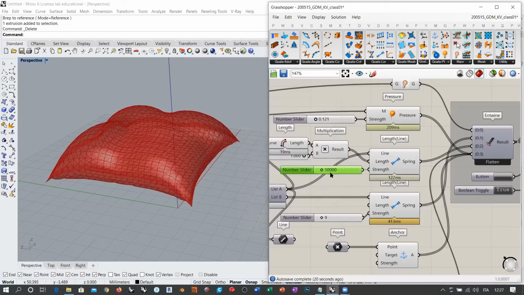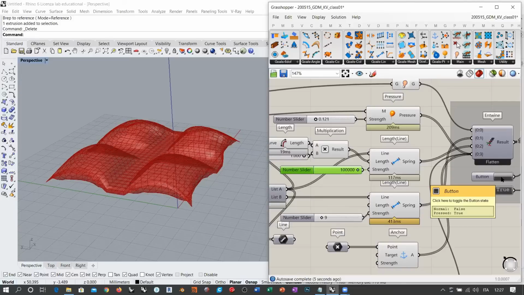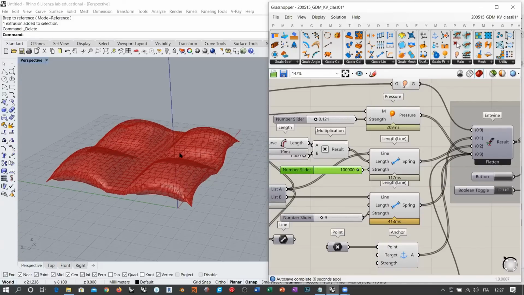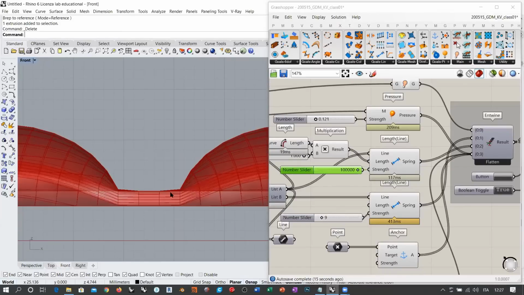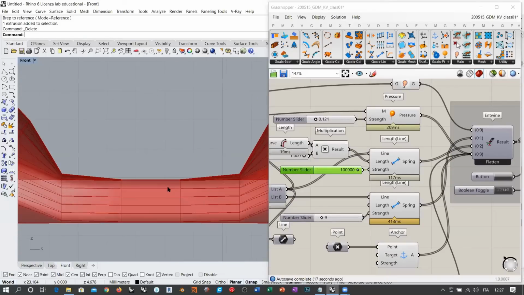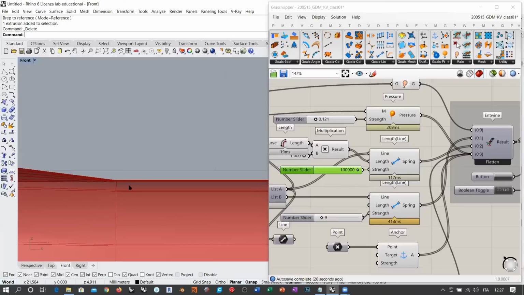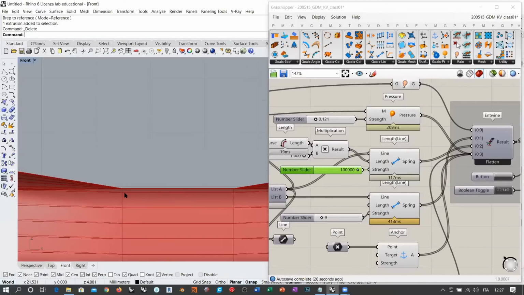So if I send this to these high values, reset the simulation and make it run, the elastic part works just fine because you see we have this very small value, which is unreal, by the way. But if I go into the front viewport, this deformation that is still occurring, you see this edge is still moving up, but it becomes extremely slow. So the result will be an inflatable structure,